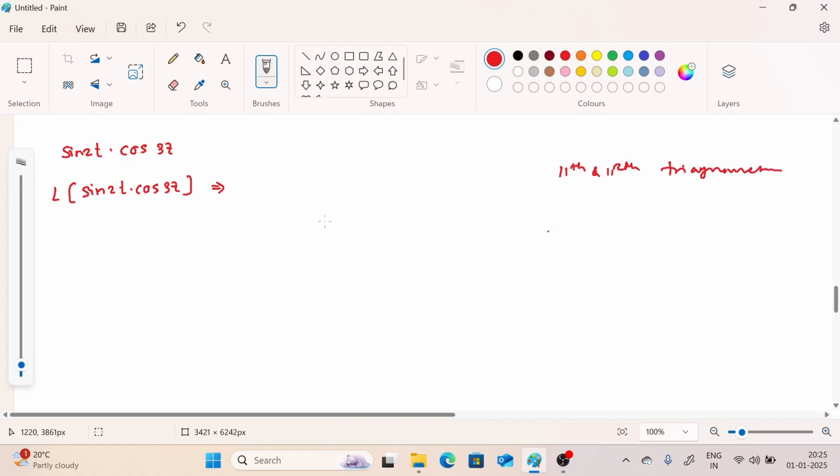In that we have some standard formulas. So I will tell you, 2 cos A sin B is equal to